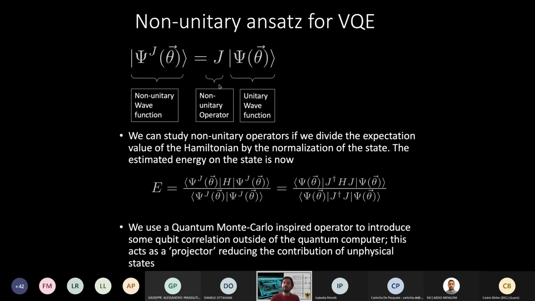wrong configurations from your quantum circuit might be useful. What I mean is, this is maybe an interesting general concept. When you are doing this variational optimization, the problem is not only to get the configurations which are important and relevant for your energy, but also to avoid including configurations which are not important. And of course, the